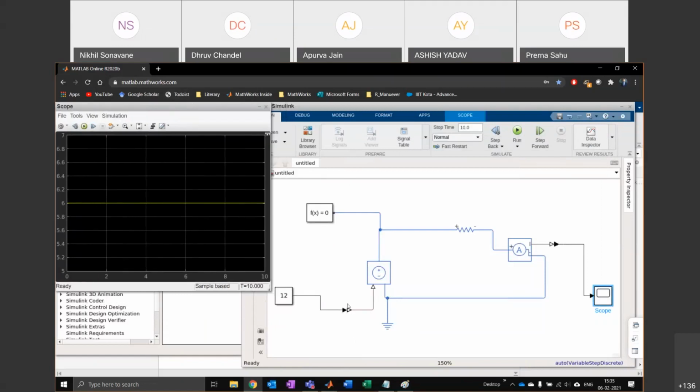You just have to connect the converter blocks from physical signal to Simulink and the other way around. And you have to connect one solver configuration block. Other than that, you can make any circuit you like that you draw in the classroom here, and it will just solve for it. Okay, so just let me know when you're done with this.